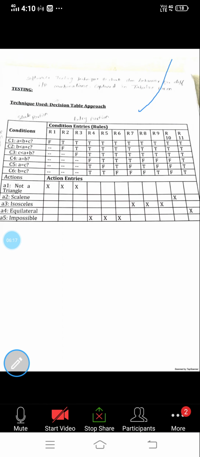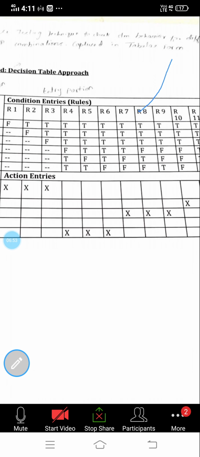You can write as many rules as you want. So minimum you write 8 to 10 rules. You have to do it on a trial and error basis. First, in rule 1, you make condition 1 false. If it is false, what action is going to take place? Then in rule 2, condition 1 is true, but condition 2 is false. What action? In rule 3, conditions 1 and 2 are true, 3 is false. What action will take place? Again, in rule 4, conditions 1, 2, 3 are true, then condition 4 becomes false. What action is going to take place? Same way you have to write for everything.